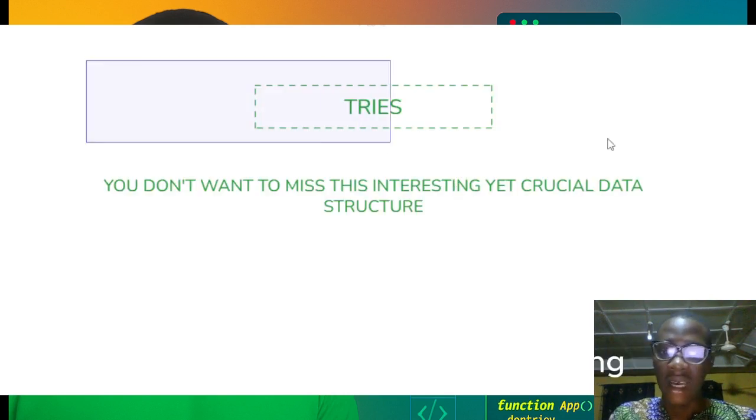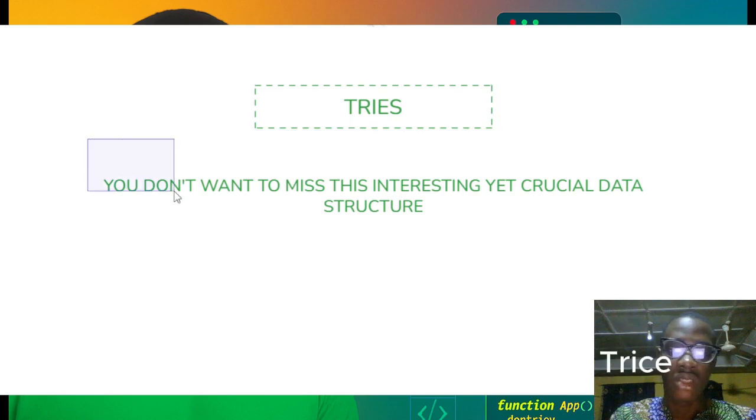So that's it, and we are going to be considering some problems that are related to tries in the subsequent